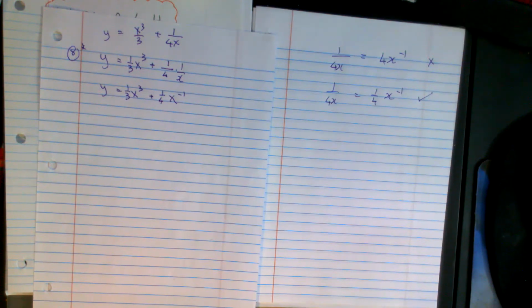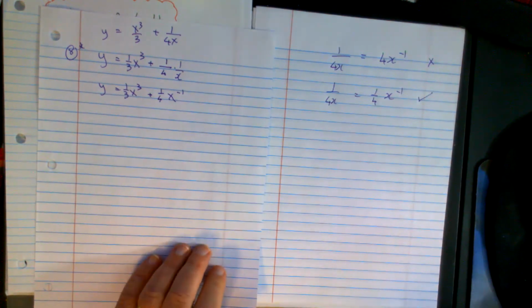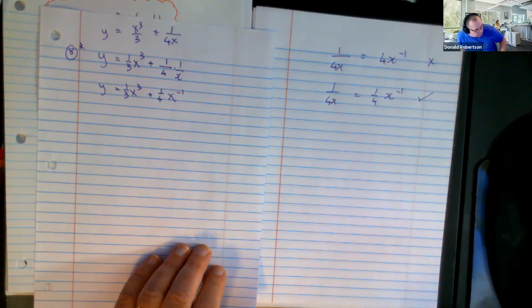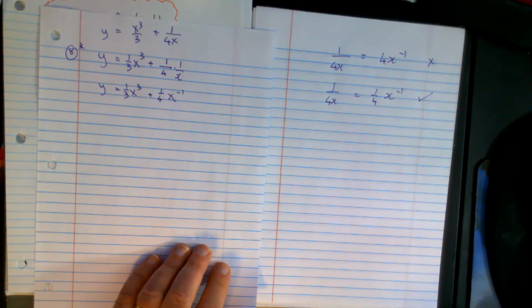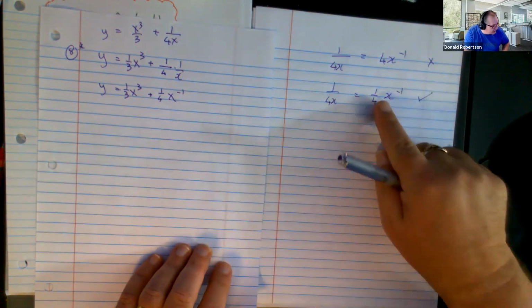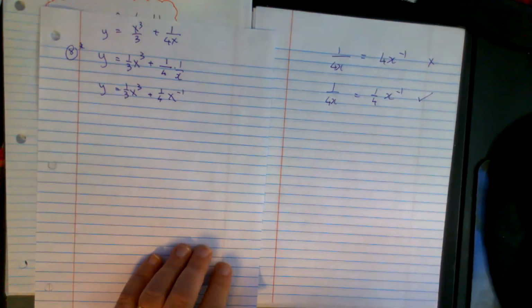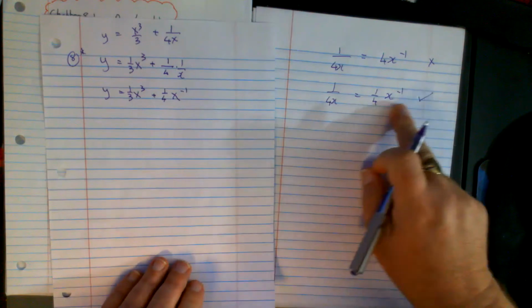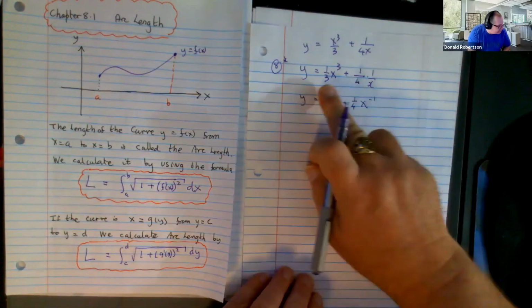Would it be correct if you put parentheses around the 4x? You would, but then trust me, that's not going to make your differentiation any easier, is it? Yeah, and it would be awful. So let's just bite the bullet and not do it, right? Let's just call it what it is and we're done. Right? So I'm just trying to explain why this little